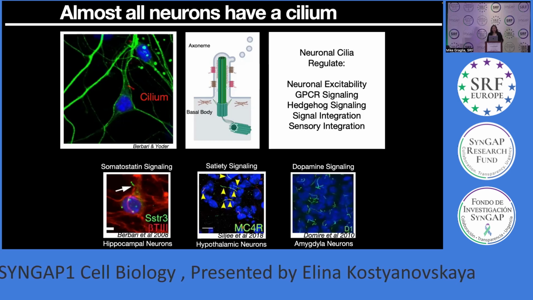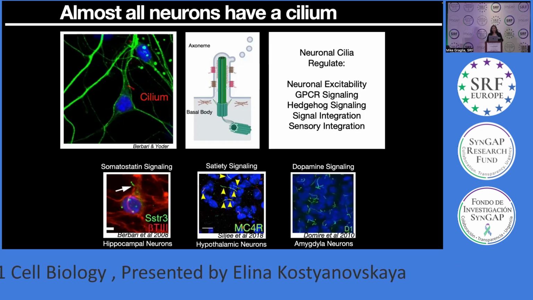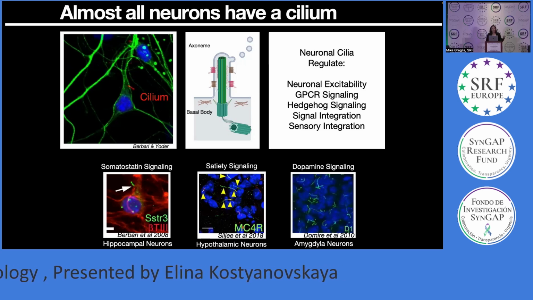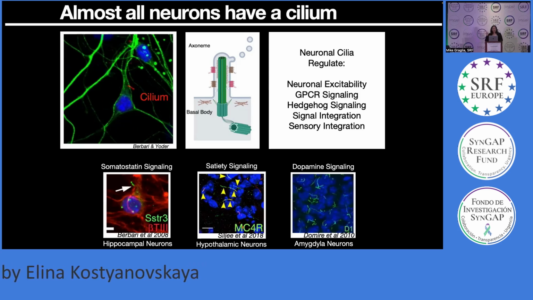And many proteins and receptors are localized specifically to the cilium, and different proteins are localized to the cilium depending on the cell type, i.e. neurons, and cell state. And so changing the localization of proteins specifically at the cilium affects processes such as development and neuronal signaling. So, for example, decreasing the localization of somatostatin receptor 3 to the cilium actually alters the excitatory to inhibitory balance in the brain. MC4R localization is also associated with obesity and altered feeding, and dopamine receptor 1 actually localizes to the cilium, and work from about 2 years ago shows that SYNGAP1 is known to interact with dopamine receptor 1.